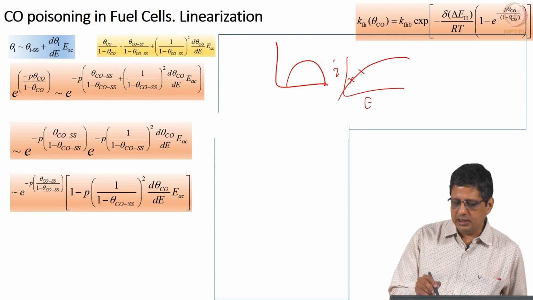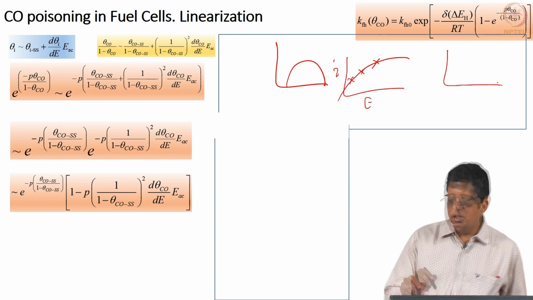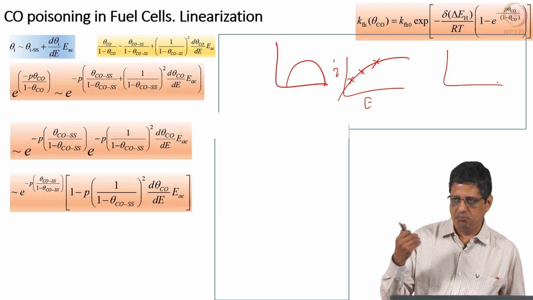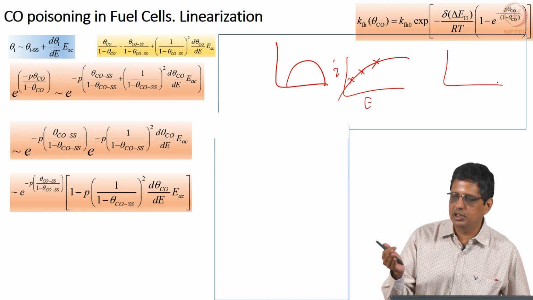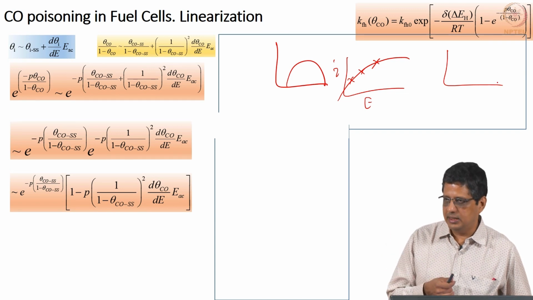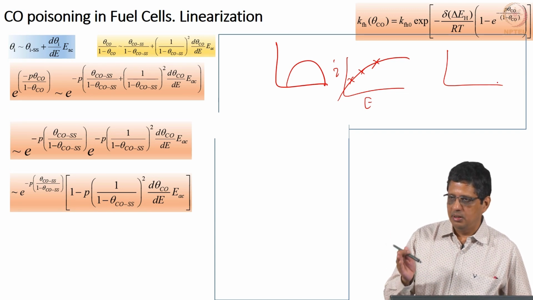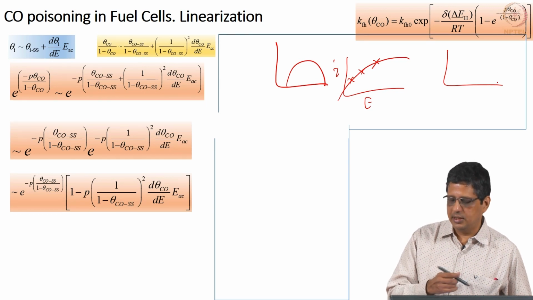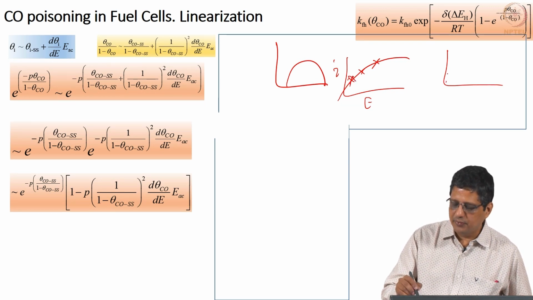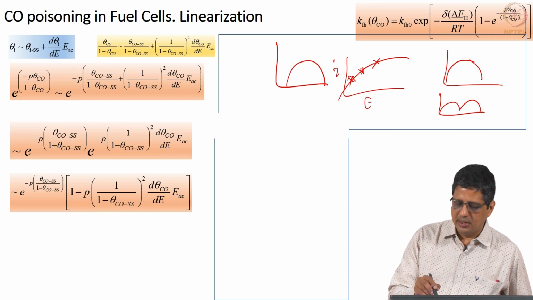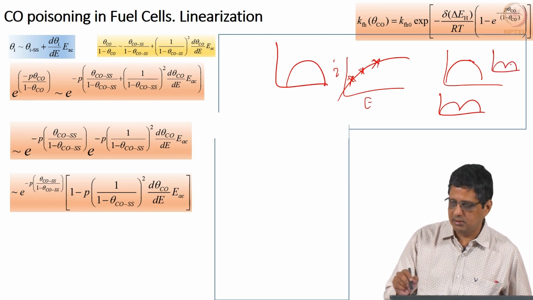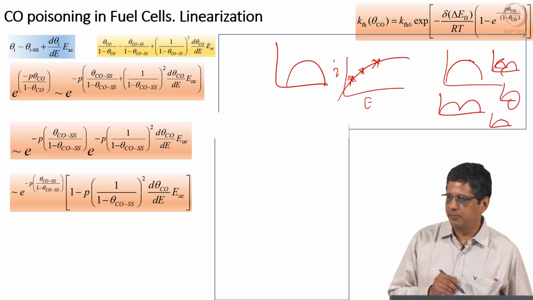I take a spectrum here, a spectrum here, a spectrum here. I am going to take it in a finite frequency range, maybe 1 millihertz, maybe 1 microhertz. I do not think we have an instrument with 1 microhertz, so 10 millihertz, 10 microhertz to 10 kilohertz, 100 kilohertz. It is possible that it shows a spectrum like this at this potential. At this potential, it may show a spectrum like this. This potential, it may show a spectrum like this, or it may show a spectrum like this. It may show a spectrum like this.